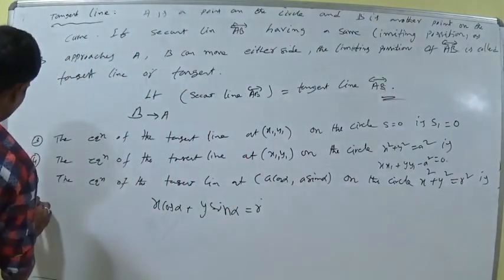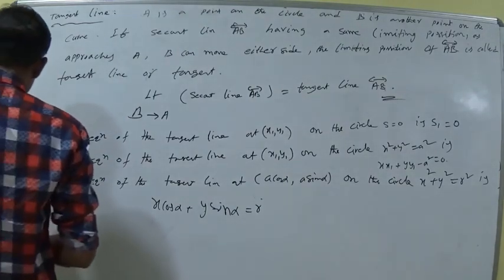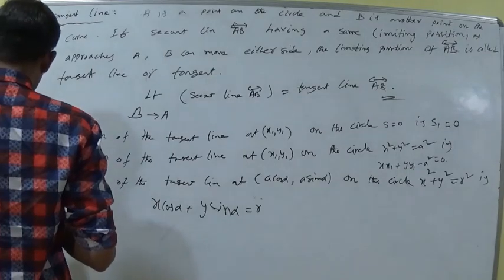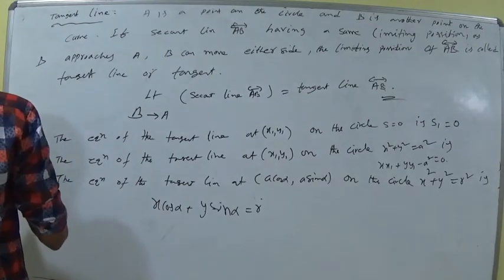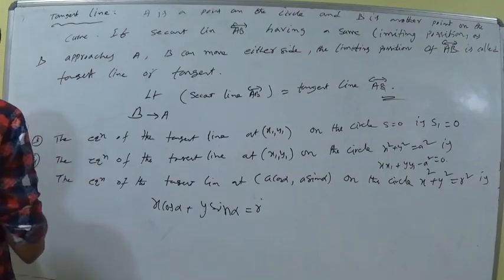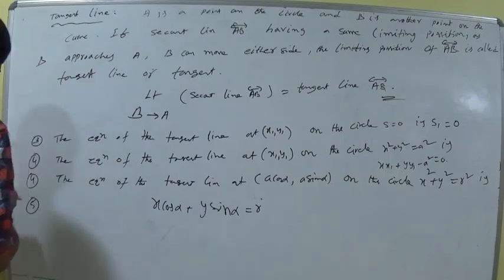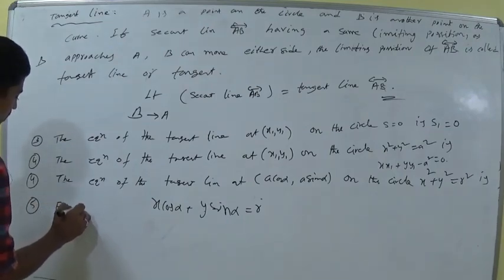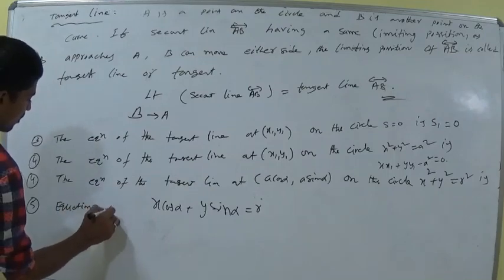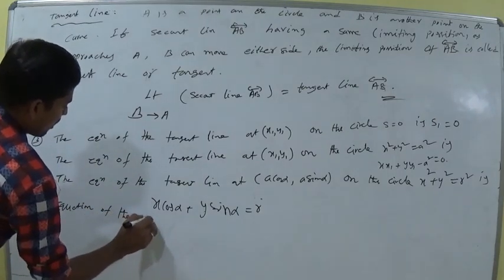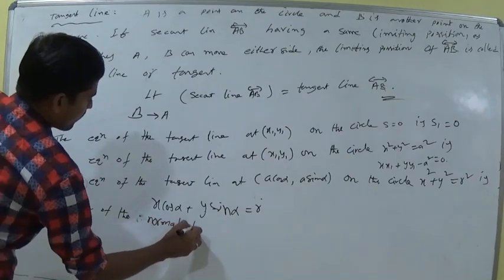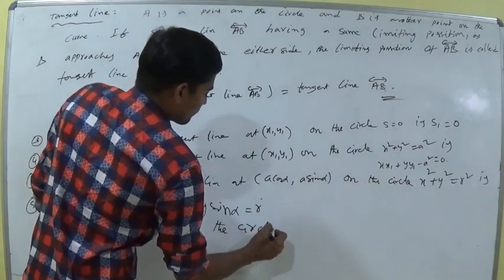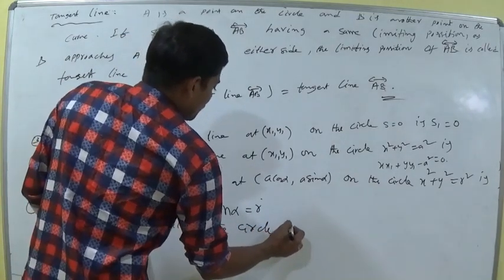Next, the fifth one. Equation of the normal to the circle is